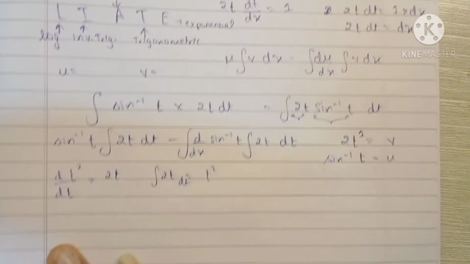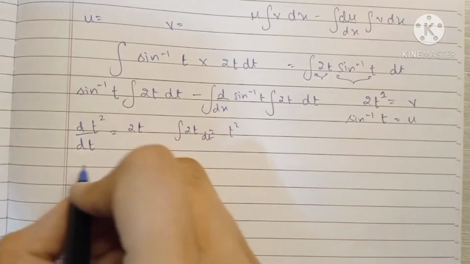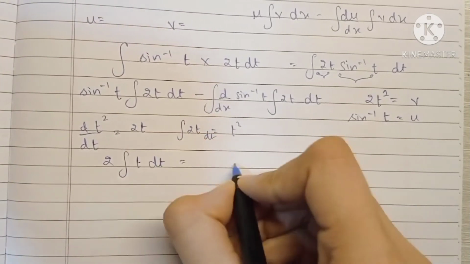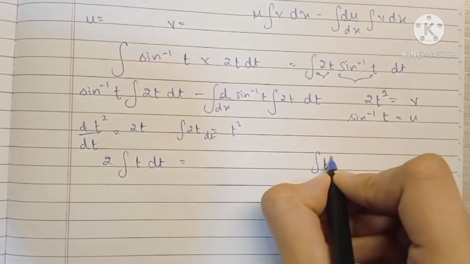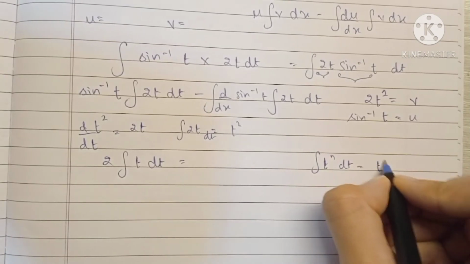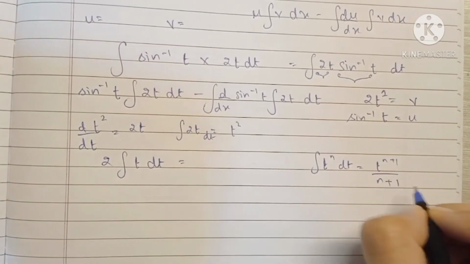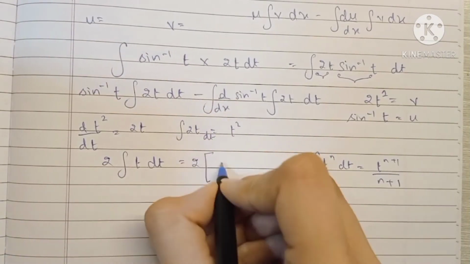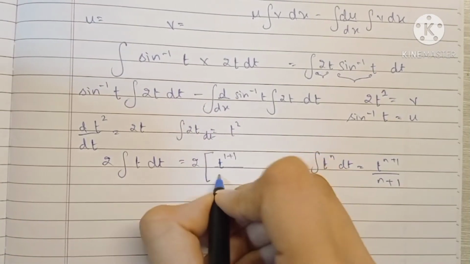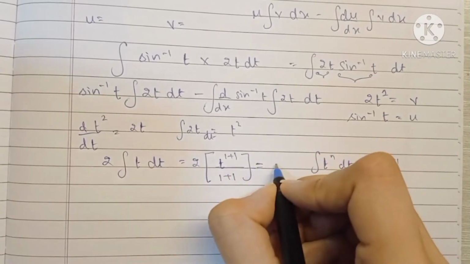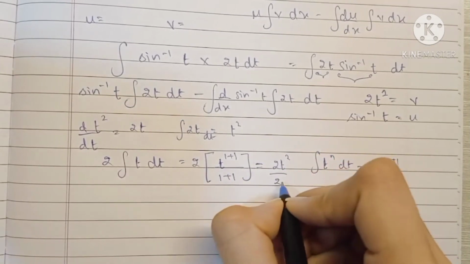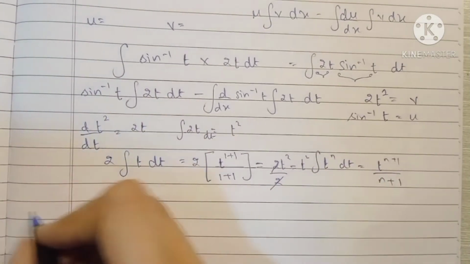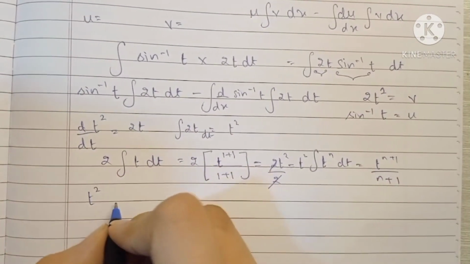But if you want another justification, if I keep 2 outside as my constant and I integrate t, then we know that the integration of t raised to n dt would be t raised to n plus 1 upon n plus 1. So the integration of 2 times t would be 2 into t raised to 1 plus 1 upon 1 plus 1, which is 2t square by 2, and the 2s get cancelled, which is t square itself. So we have t square sine inverse t